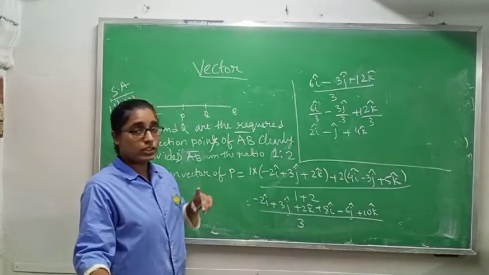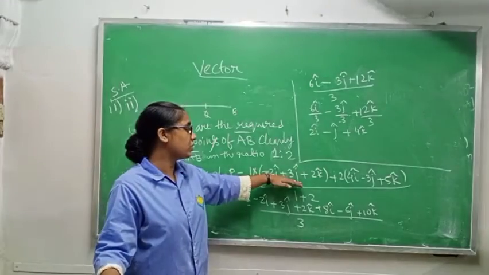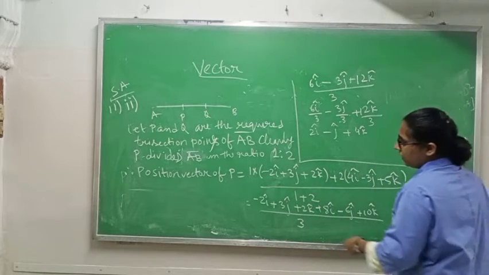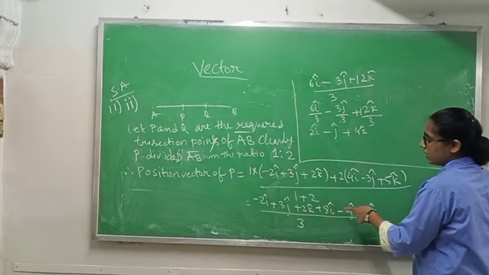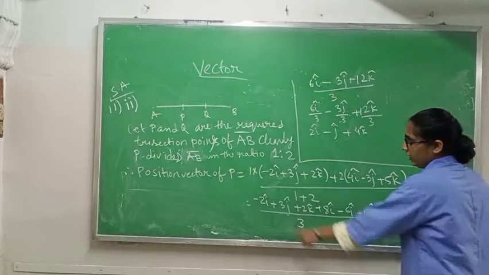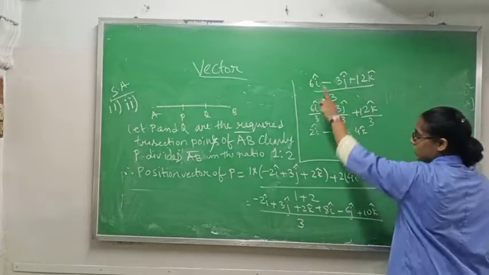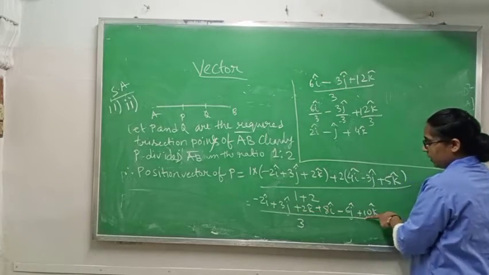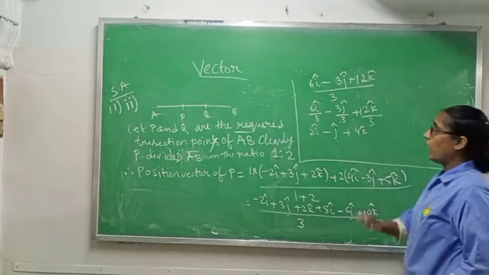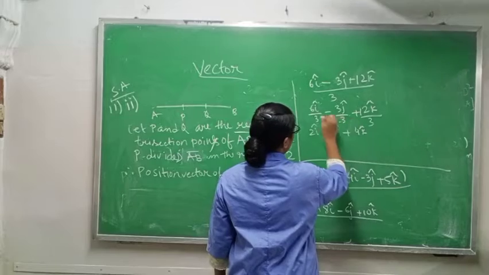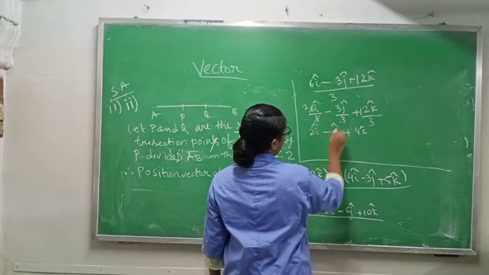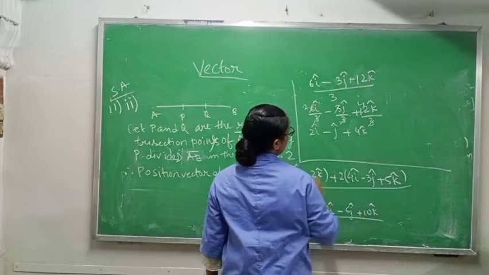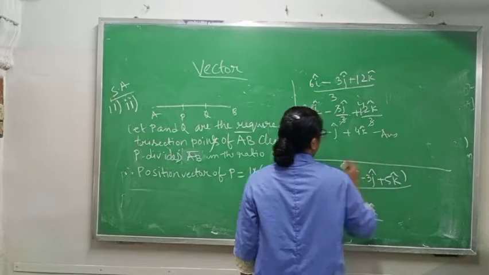So A vector is already given in the question. A vector is minus 2i plus 3j plus 2k and B vector is 4i minus 3j plus 5k. When you open it, it will come minus 2i plus 3j plus 2k plus 8i minus 6j plus 10k. Minus 2i plus 8i will give you 6i, 3j minus 6j will give you 3j, 2k plus 10k will give you 12k. Now you have to separate, it means this 3 will go with all. So 3 ones are 3, 3 twos are 6, 2i; 3 ones are 3, minus j cap; 3 ones are 3, 3 fours are 12, plus 4k cap. So this is the answer number 1.